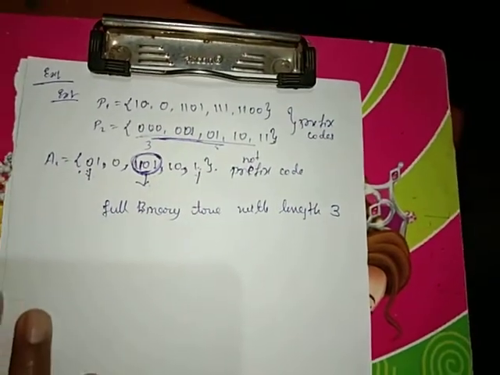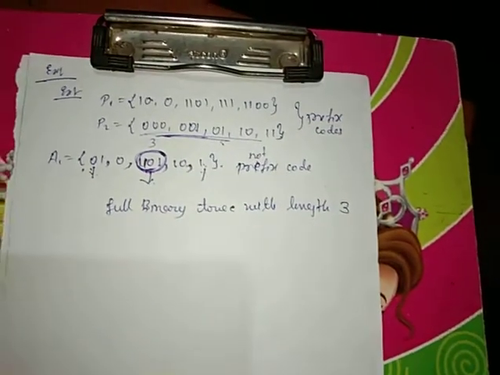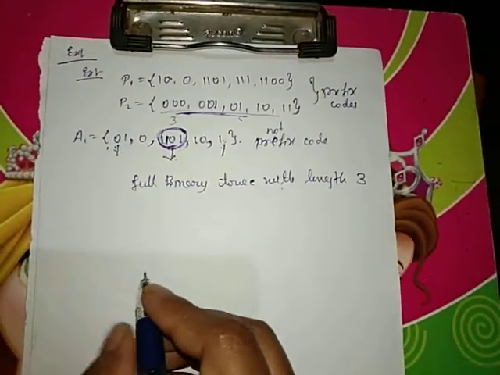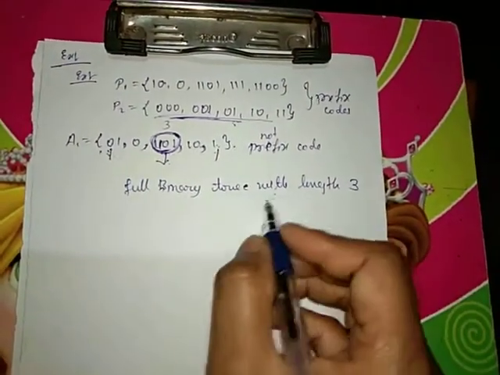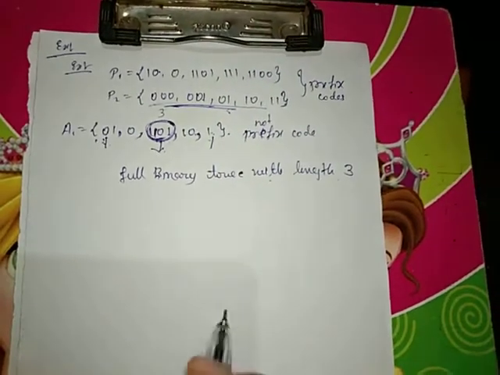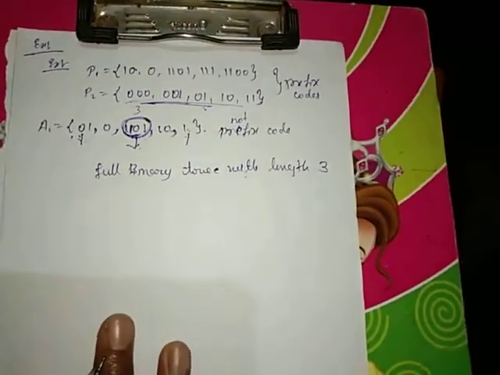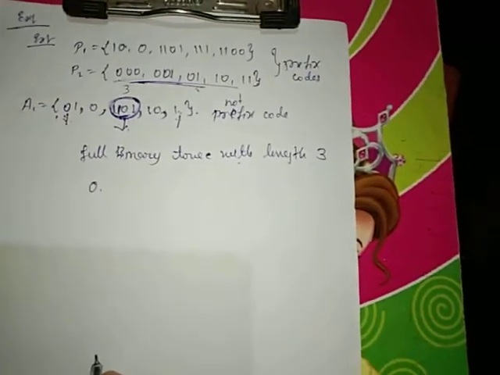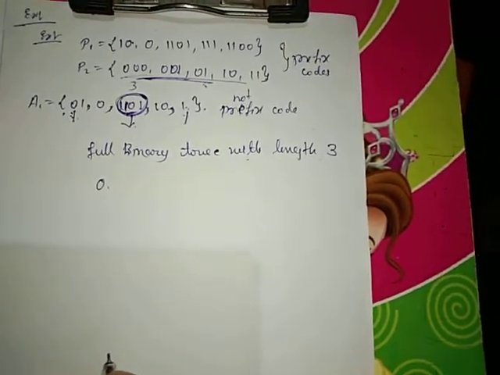So first I am considering a full binary tree with a length 3. Full binary tree of a length 3 here. When we construct a tree for these prefix codes, we have to keep one thing in mind, that is, we have to assign a symbol 0 to every edge